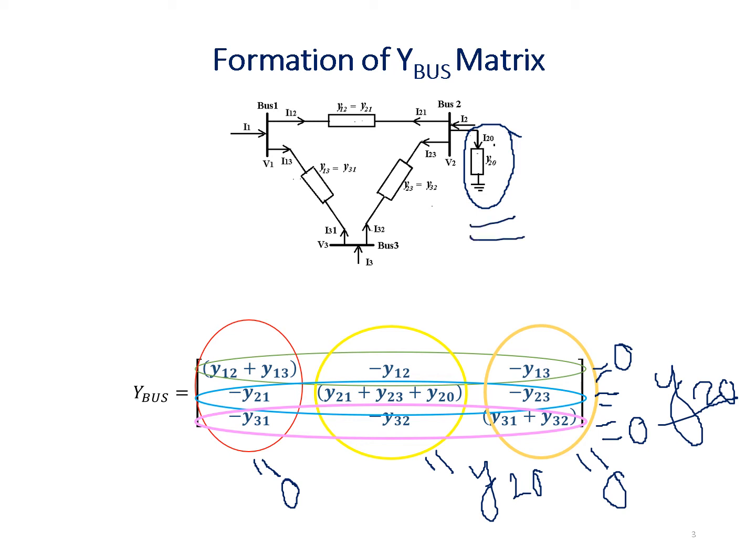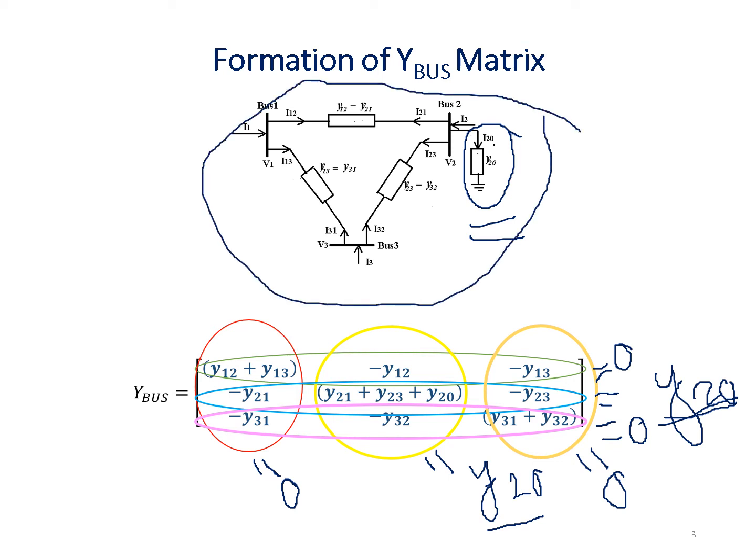So either you find out the sum row wise, and in that case in the second row you will get a non-zero value, or if you find out the sum column wise, in that case column 2 has a non-zero value. In that way, you can easily identify in which bus the shunt element is present without knowing the actual bus structure.